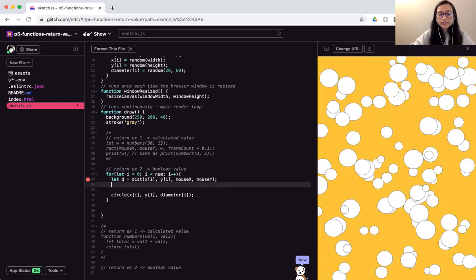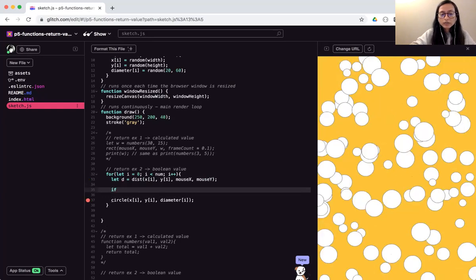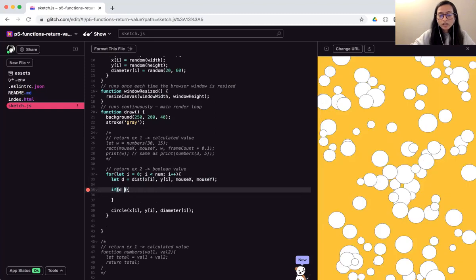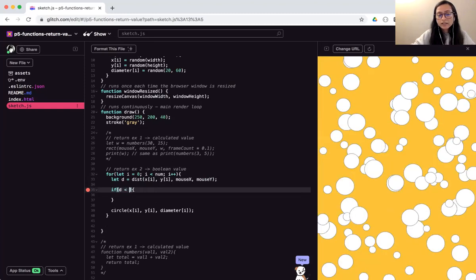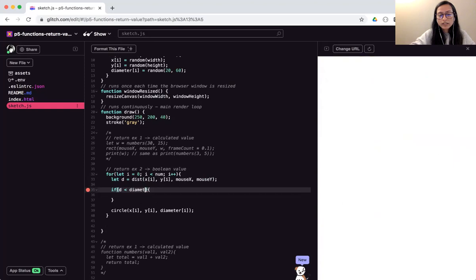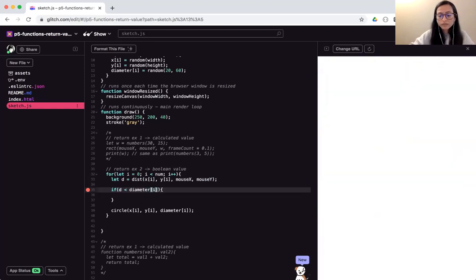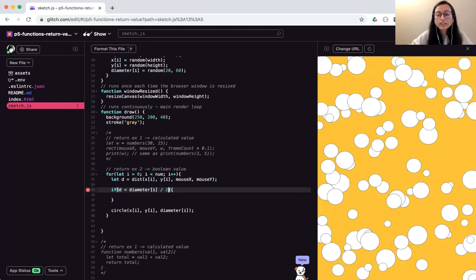If our distance is less than the radius, and the radius is half of the diameter, right? Again, because we are talking about all the different circles. So if the distance is less than half of the diameter, which is basically the radius,